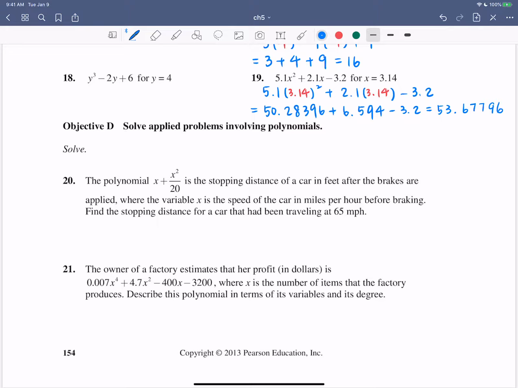So let's check out the variable in this expression. We only have one variable, x, in this expression. In terms of the degree of the polynomial, it's determined by the highest degree. The highest degree we see is the first term, which is x to the fourth. Therefore, this is a fourth degree polynomial